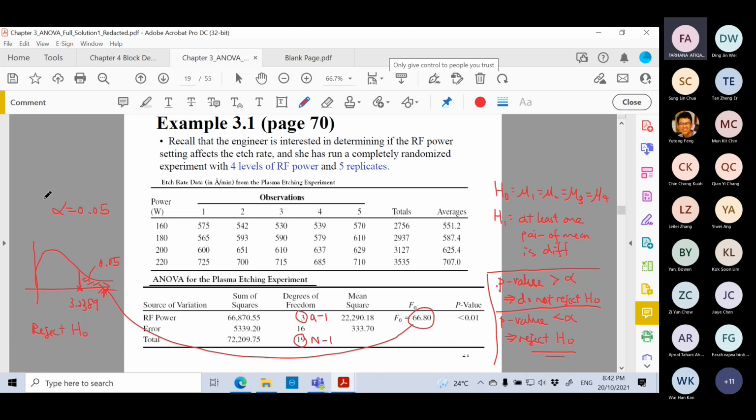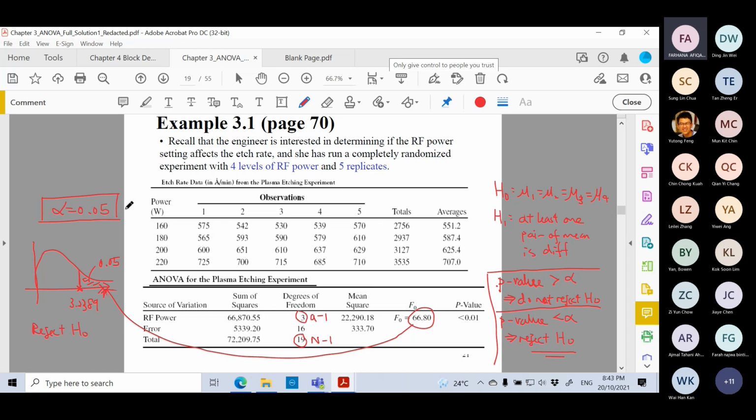Okay, so you can see that once you set your alpha, for every test you need to set your alpha, then you will know whether you reject or not reject. If you base it on this value, then you need to compare with the value from the table. But when you start working, of course, you don't bring all the tables together. Therefore, we base it on the p-value here. So we compare this probability with the alpha. Alpha also is a probability. Then if you compare it, you can observe that